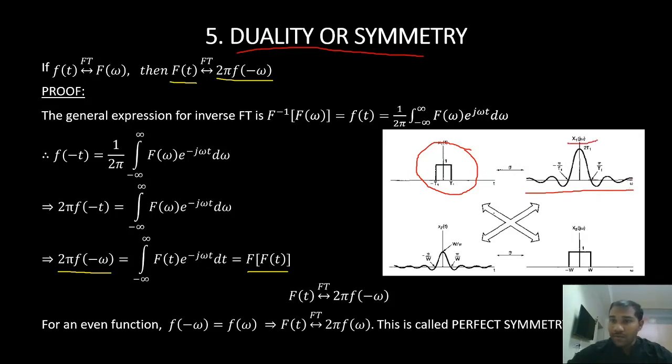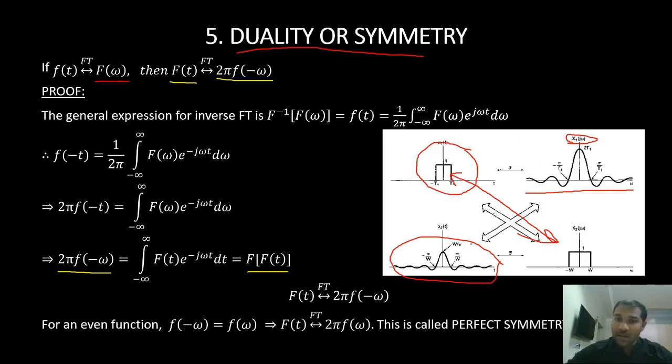Now, in place of omega, if I just have t here, it looks something like this, right? This is my sampling function in time domain. Here, this is a sampling function in frequency domain. I'm taking the same sampling function in time domain here. The Fourier transform of this function will be similar to the original time domain signal, right? In place of t, we'll have omega. That is what is given here. This is my sampling function F of omega.